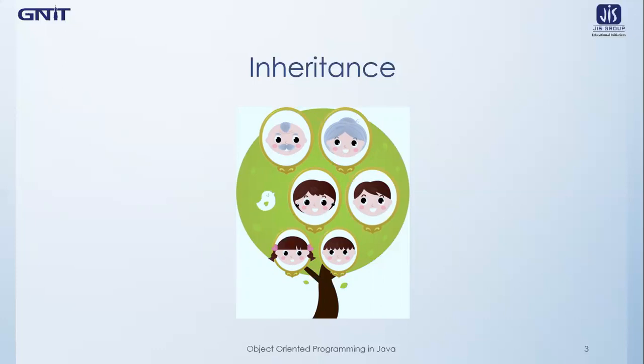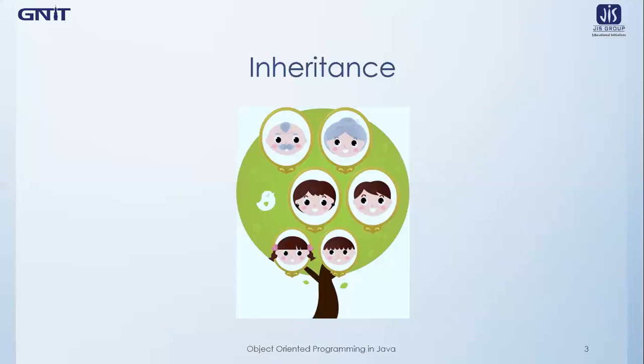So this is the main advantage of using inheritance in a Java program, that we can use the code reusability feature of object-oriented programming language. Code reusability means that the code need not be written again and again. You just need to write it once inside a particular class. And if you inherit that class, then automatically that code will come into your class. So this is one of the very important features which makes the Java program much easier to write.